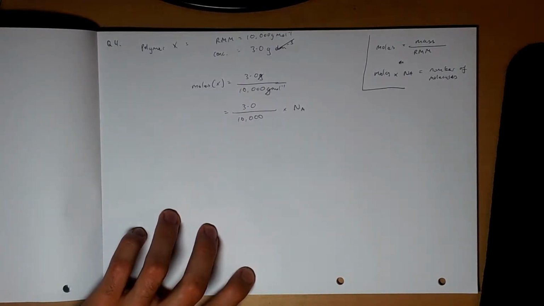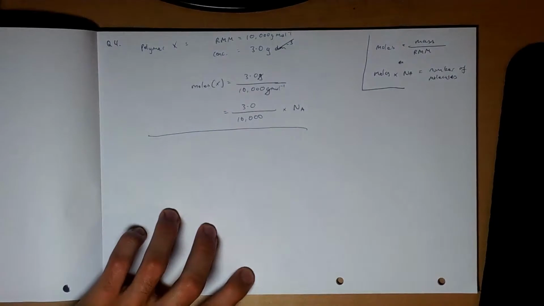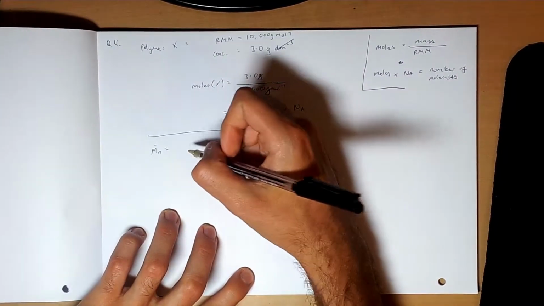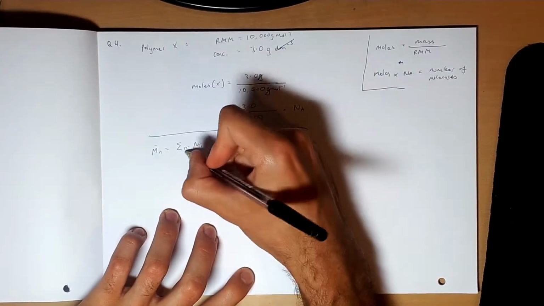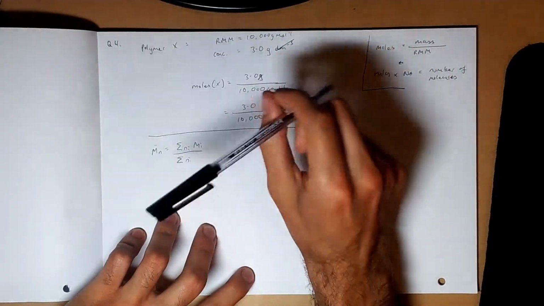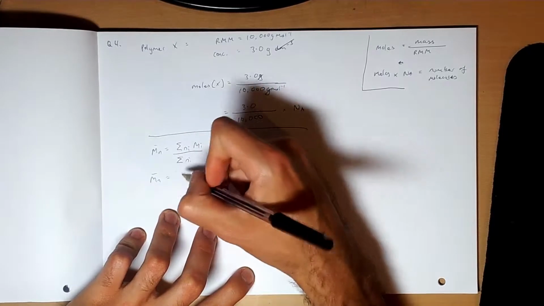So if we instead go straight to the question, we know that for the number average we use the following equation: M bar n is equal to the sum of ni times mi over the sum of ni. So if we substitute in our values, we get